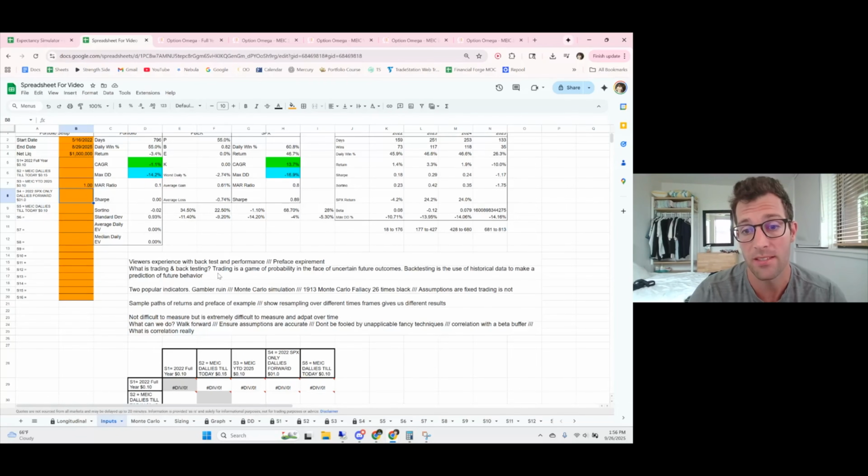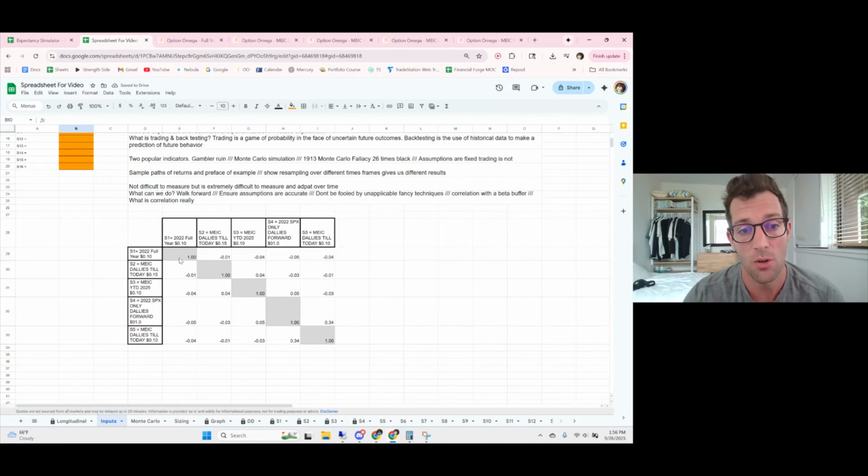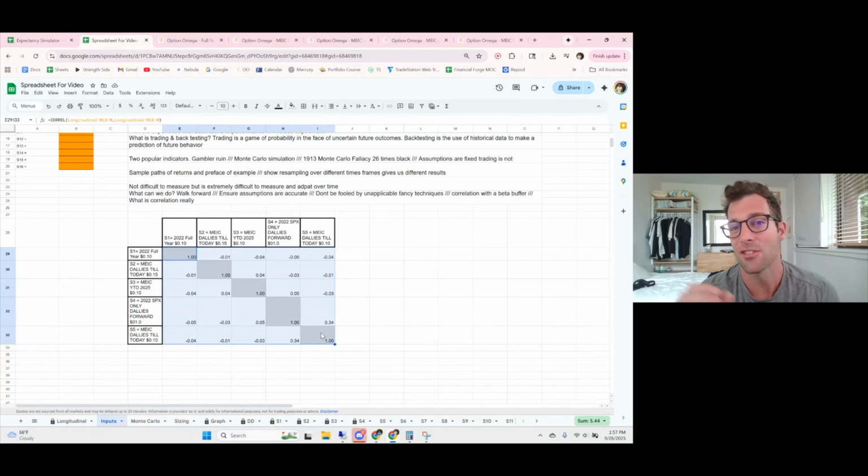The other thing with this is we need to understand how correlation really works. Another thing I'll show here is, again, all these are the exact same trade mechanics, the exact same slippage except for one of them. And I have also run a correlation matrix on these from a daily perspective. So you can see here that effectively all these trades are almost perfectly uncorrelated, except for the slippage-to-slippage trades, basically. So when we're just trading condors and we're just using the same mechanics, and it's so fragile on